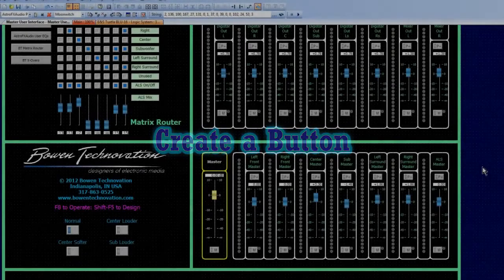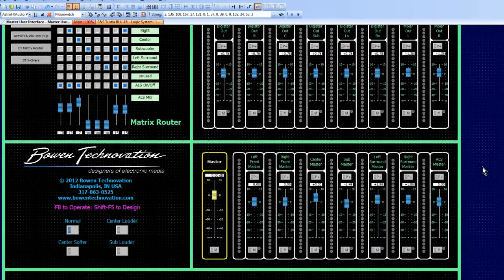Okay, so where we left off was we had just created and stored a preset, and we can of course do as many of those as we would want. But now let's see about adding a button over here into our software screen. Now we also mentioned, just as a reminder, that you don't really have to do this,